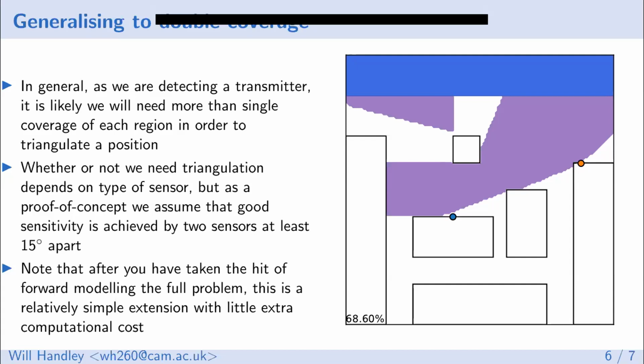The correct answer here would be to have a much more sophisticated sensitivity model, where basically you are trying to encode a continuous function that tells you how accurate an answer you'd get given the locations of these sensors, and you'd be optimizing over that. But again, one of the things I would like to emphasize is that because we're forward modeling the problem from the beginning in this approach, it's very general. So the extension from single coverage to double coverage here was a very small change in the code and very little difference in runtime for doing this.